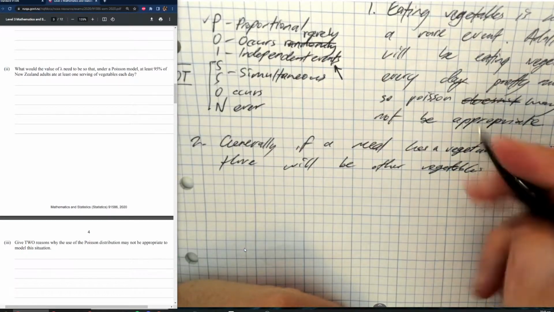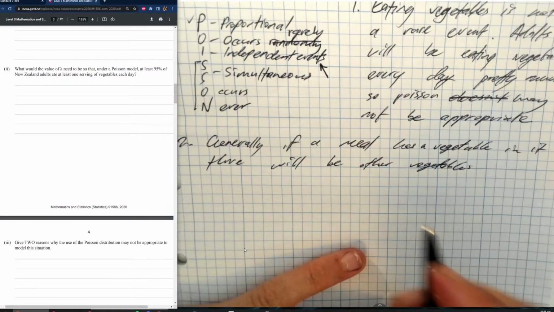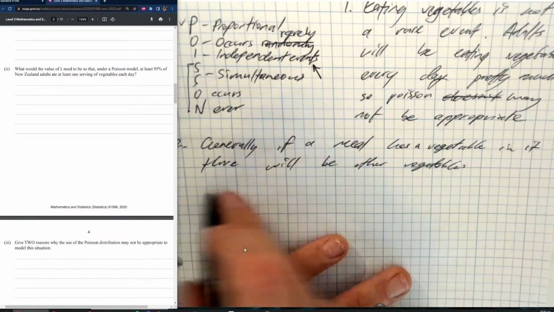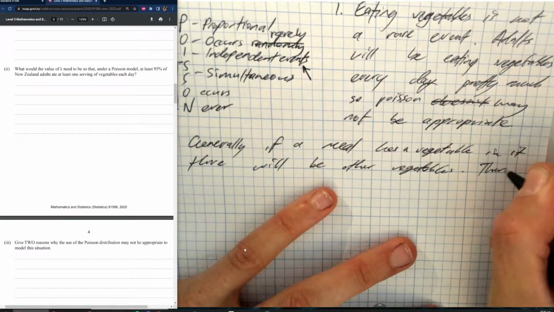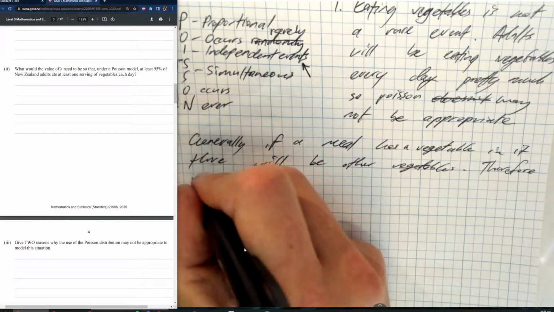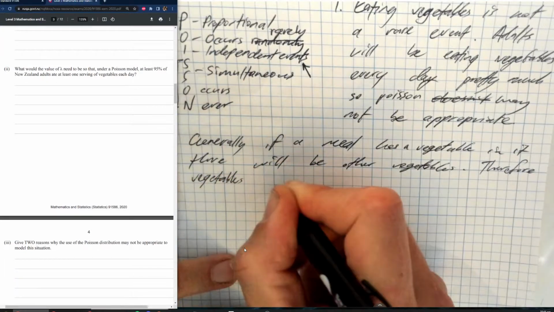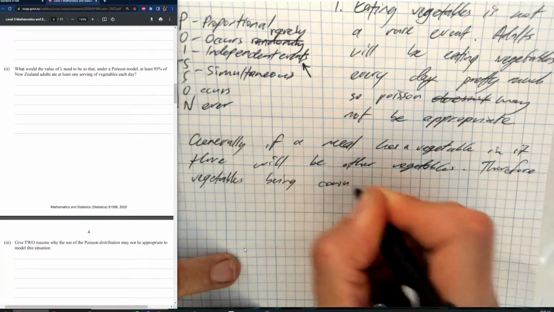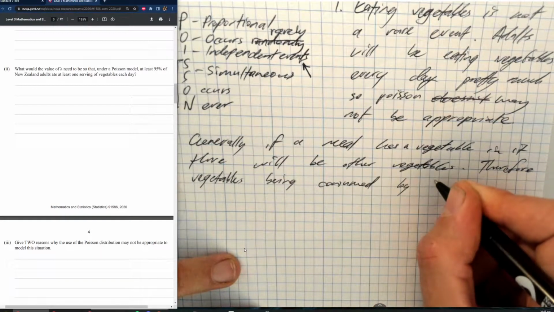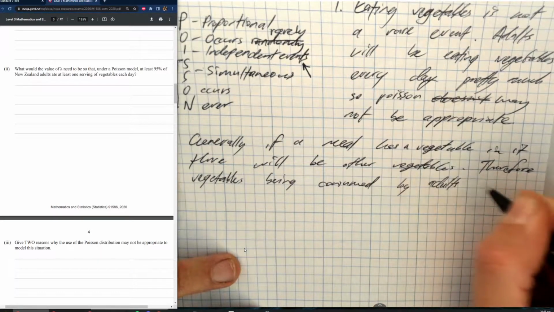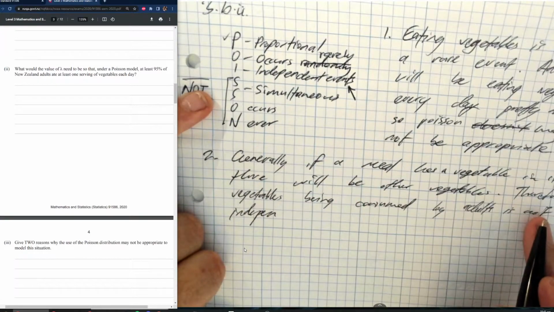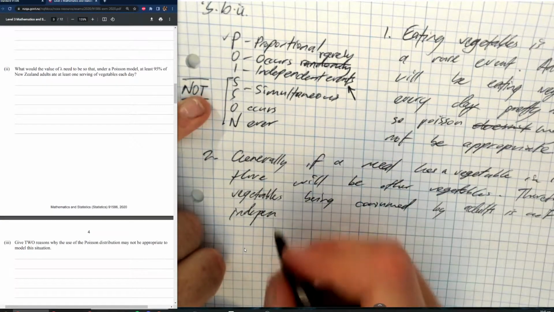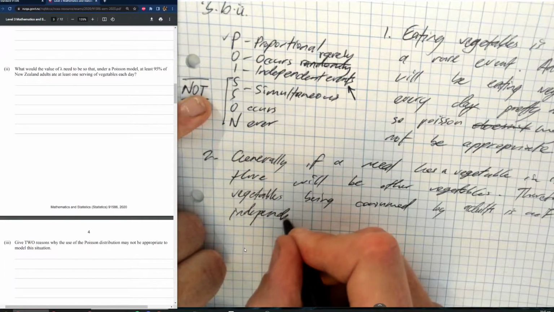Yeah, this one's too easy to defy it being Poisson. So I've given context now. I need to make sure I'm saying independent. Therefore, vegetables being consumed by adults is not independent. This is probably actually a better argument for simultaneous. I'm probably actually arguing not independent. So I'm just going to do both at once, independent